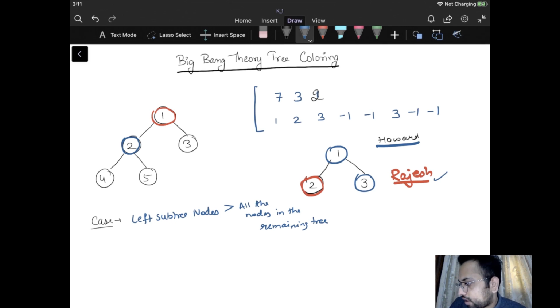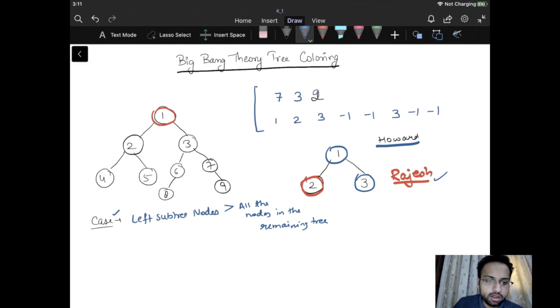For example, if I expand the number of nodes over here, let's say 6, 7, 8, 9, how can I figure out whether I can win this game or not? Once we have checked the left subtree, it turns out that the left subtree does not contain more nodes than the rest of the tree. So we will leave this option because I won't be choosing any node in the left subtree.